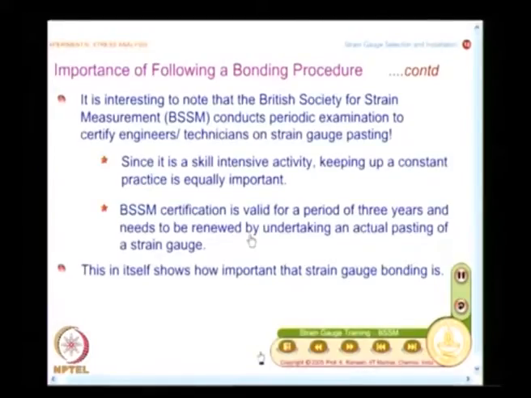Have you been pasting strain gauges, do you know the nuances of it, and are you able to make, for simple problems, the results from strain measurement match closely with the analytical or numerical solution that is available? The very fact that a professional society conducts an examination and makes the certificate valid for a period of 3 years shows how important strain gauge bonding is.